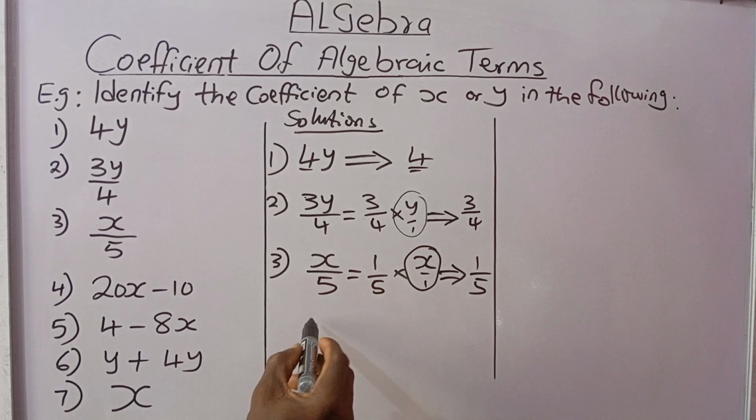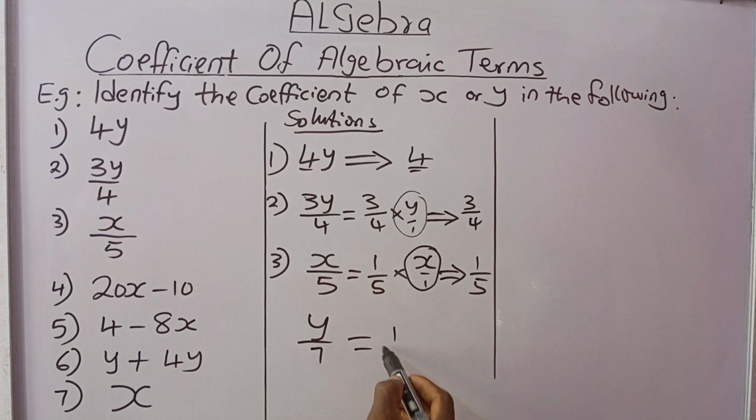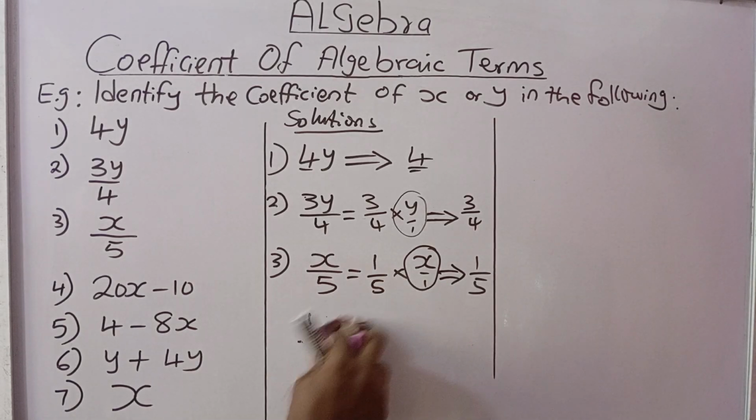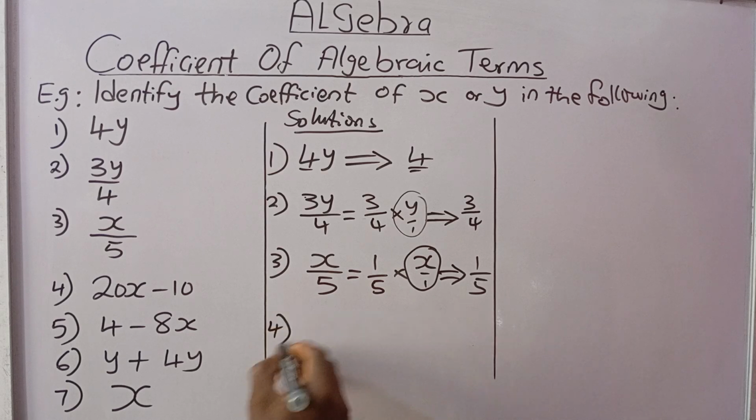It's just like asking, if I have something like this, y over 7, can you guess what the answer will be? Of course, the coefficient of y here will be 1 over 7. Hope it's clear enough. All right, so let's move to number 4. Question number 4. In number 4, we have